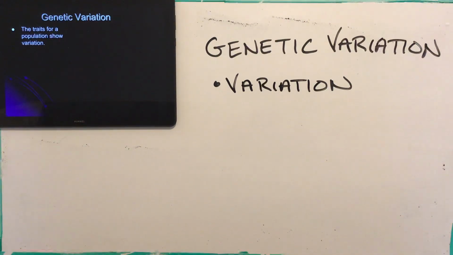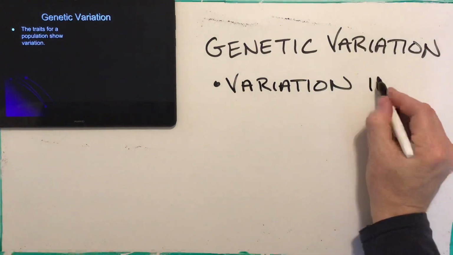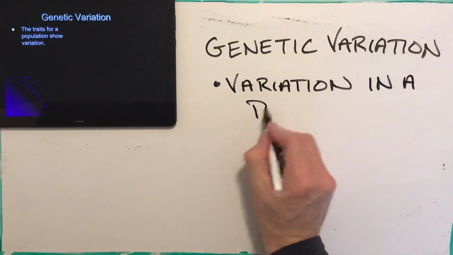If you look at things like height, there's a tremendous amount of variation in height. You have very, very tall people, very, very short people, all different heights of people in between. Hair color, right? Different hair colors out there, skin color, eye color, blood types. So for any given trait, there's variation within a population, right? So I'll add in a population. Now a population